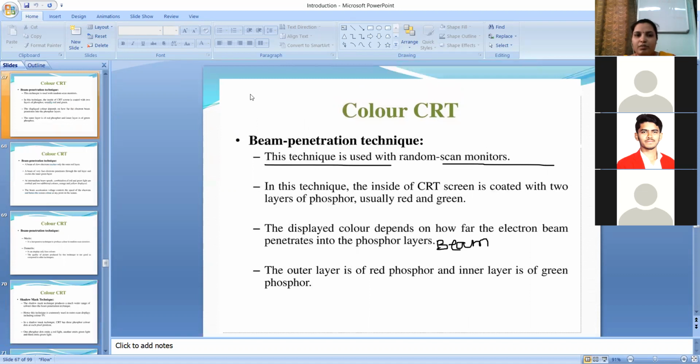So here beam penetration method, in this it is used with random scan monitors. So we have seen there are two types of scanning possible. One is raster scan and other is random scan. So in raster scan, we have seen that line by line we are going to display the output. So every time one line is getting scanned, the control will return back to the left hand side, and this process of moving the pointer zigzag is followed, right? So this is called as your